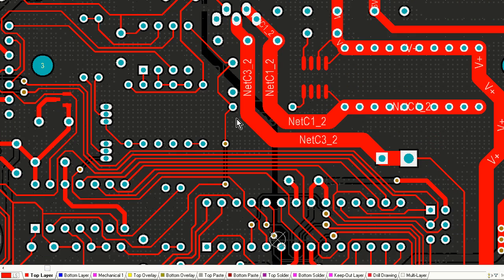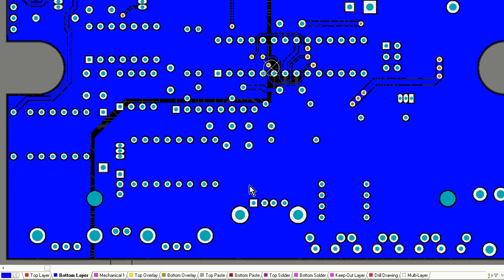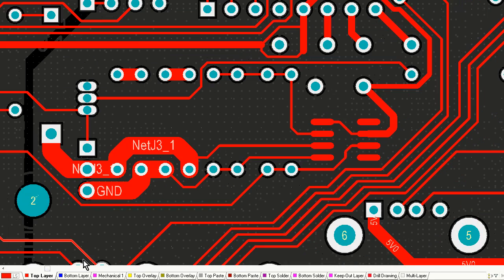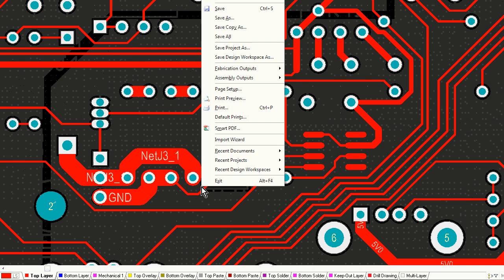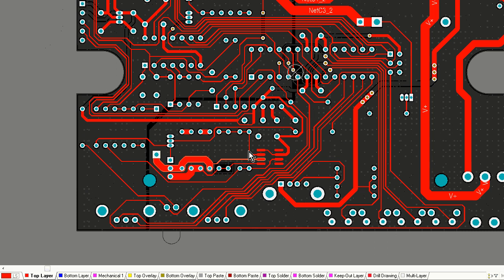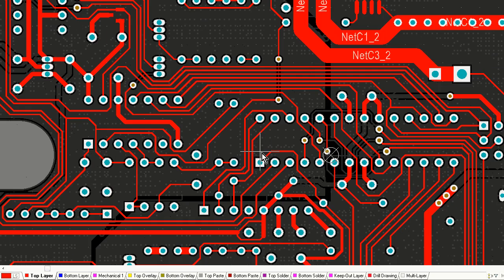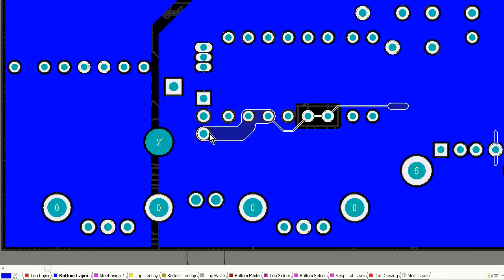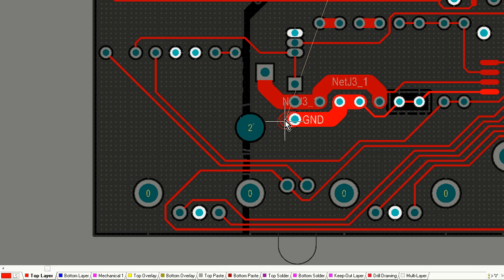I'm mucking more around with the ground plane here. I've probably decided that I found a bypass cap not going to the right plane or something like that. So having a little muck around, and as you can see, I'm continually checking the top layer. That purple trace there was a keep out, because I didn't want ground to touch those two pads, because I was doing a star ground system back to, you'll have to look at the microcurrent circuit to figure out what I'm doing there. But even though those traces were ground, I've created a keep out there which stops the flood,